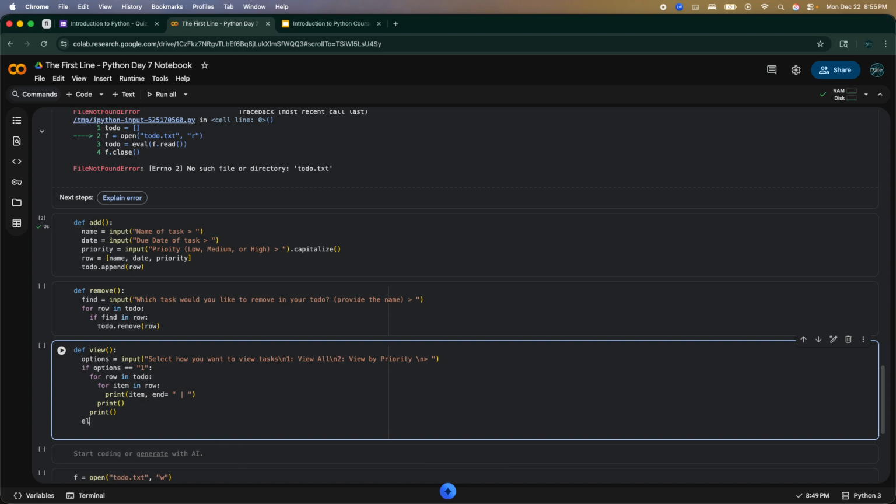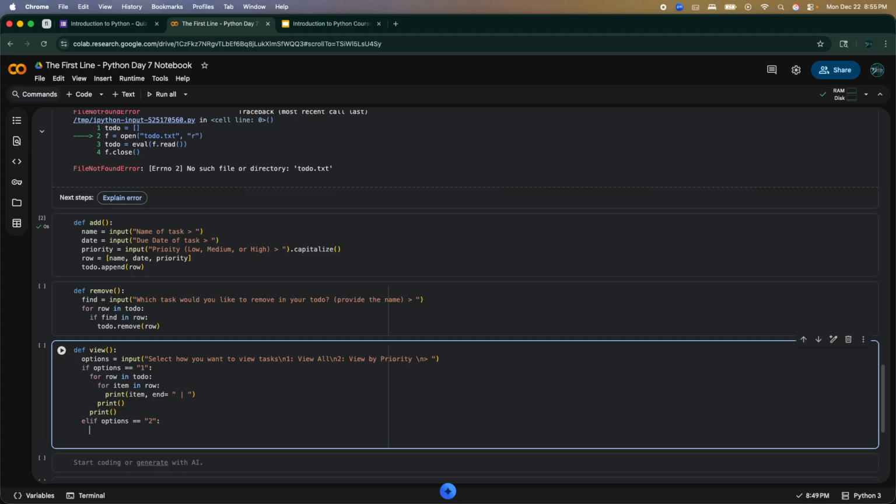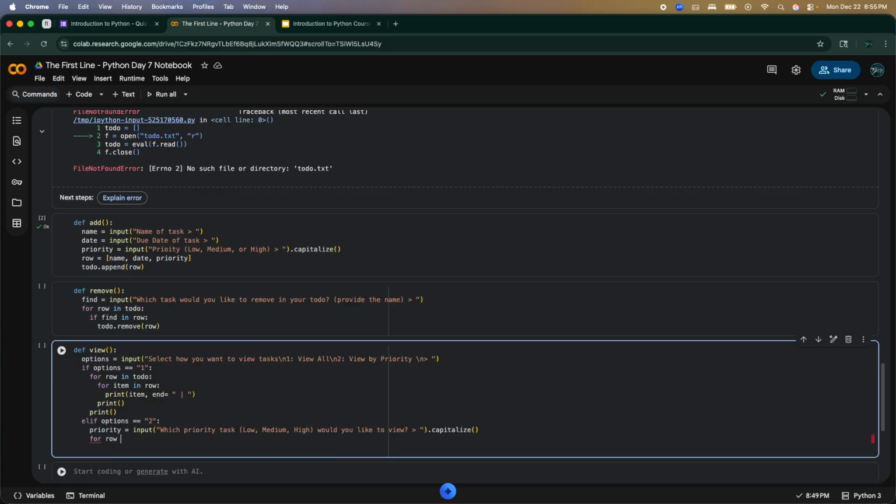And we can do elif options equals 2. We would do priority equals input, which priority task, because we want to figure out which one we need to sort through. We would ask them, what priority would you like to view? Obviously, capitalize. We don't want creating errors and handling those errors. We would, again,